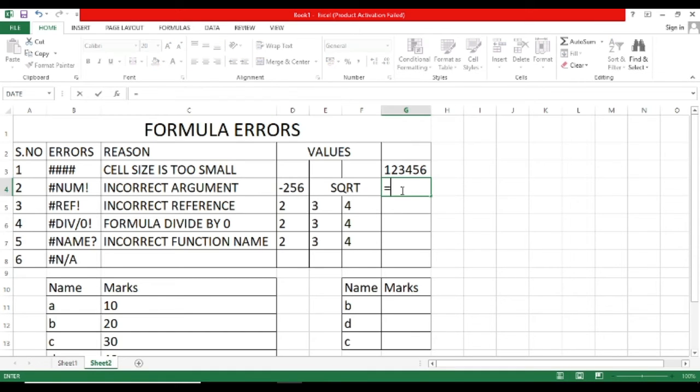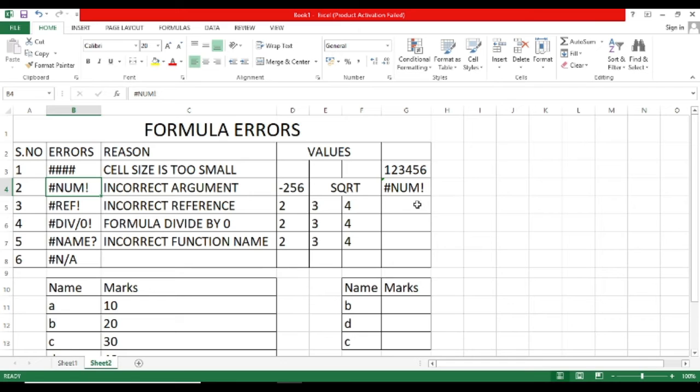Suppose I am typing the function SQRT, square root function, then shift bracket open and you are searching the square root of minus 256. This is called the argument. Whenever you enter this, this error will come because this is an incorrect argument.